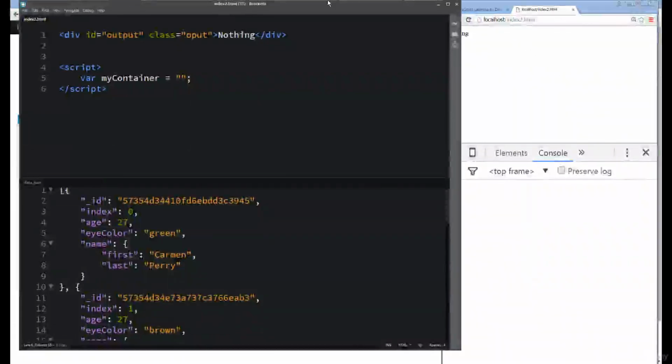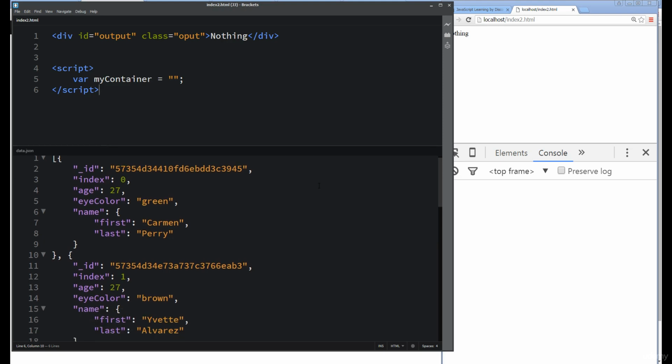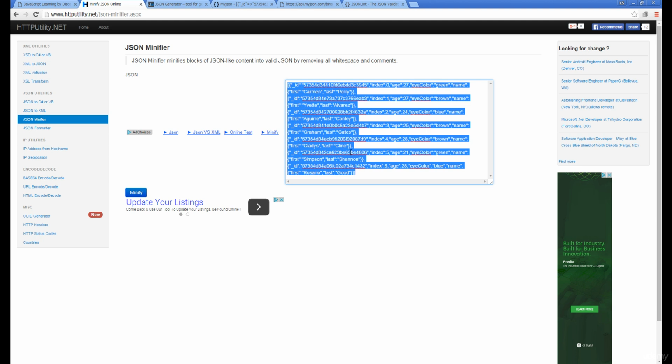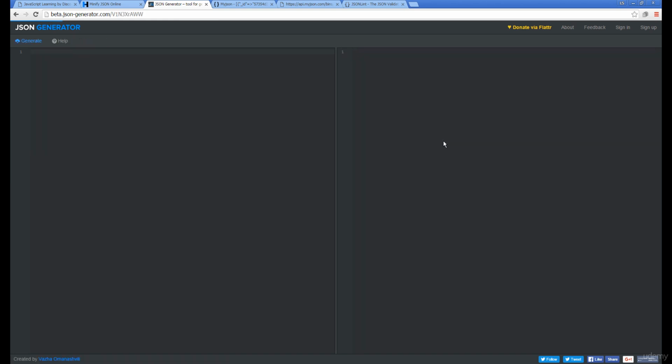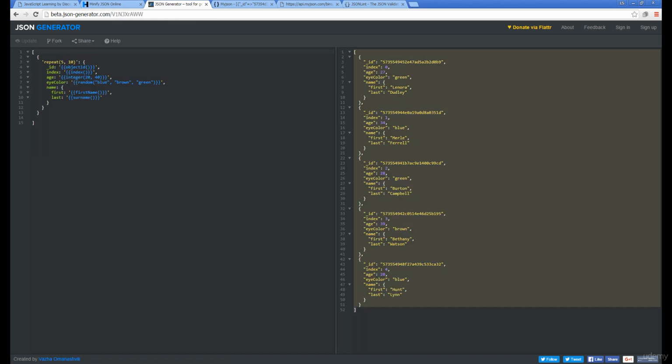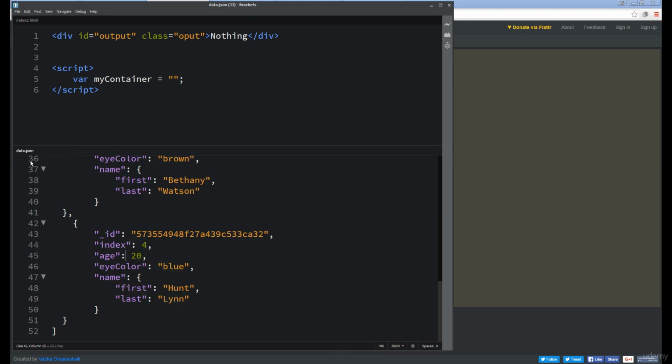When you work with JSON files, you probably ultimately want to bring in that JSON data from an external file. So I've created a file called data.json. Essentially, I've just copied and pasted that initial JSON data in. So I'm going to open up the browser. Instead of it being minified, I just save it as a JSON file, and I've got all of that JSON data output. This is again that same content from the JSON generator, so I can even generate something else if I want, open up the file and paste it in there. So now I've got data.json,